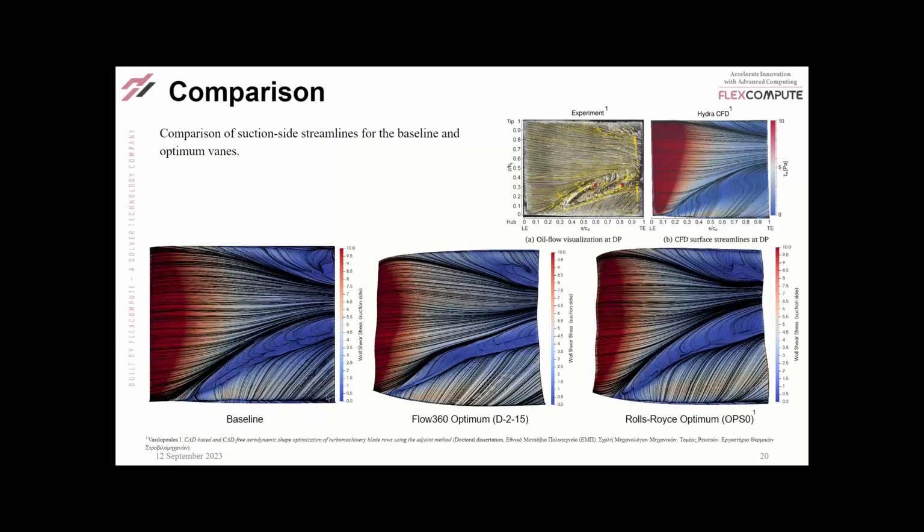Here is a comparison of the streamlines on the suction side of the vane. On the top is an experiment for the baseline solution. On the bottom left is a baseline solution from the Flow360. In the middle, you see the streamline on the optimum solution from the Flow360. And on the bottom right corner, you see a streamline on the optimum geometry from Rolls-Royce, and they are very